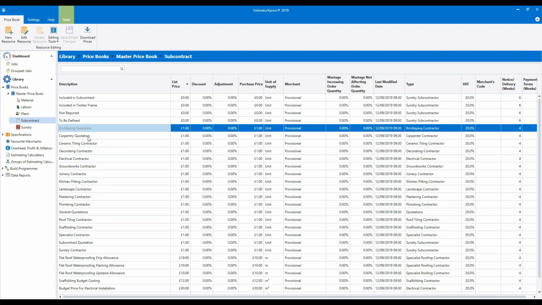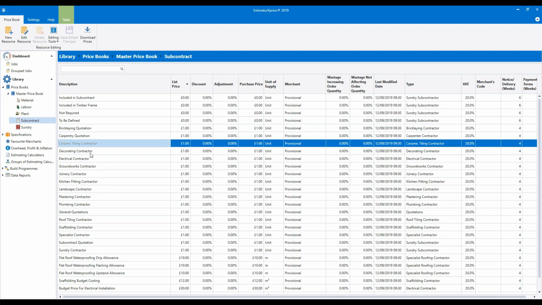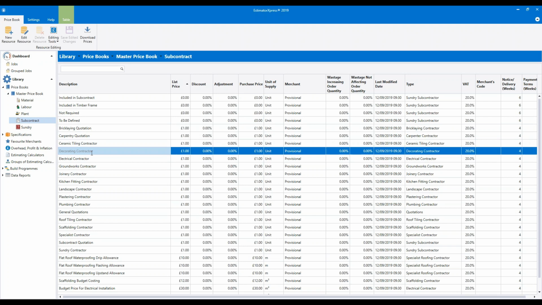So you'll see we've got bricklaying quotation, carpentry, ceramic tiling, decorator, electrical contractor, and so on, and they're all set with a cost of £1. Now, the majority of these people used in this section are used in an estimating calculator called subcontractor quotations. When you're working in subcontractor quotations, it allows you to type in a price for a subcontract task where they have given you a fixed price.